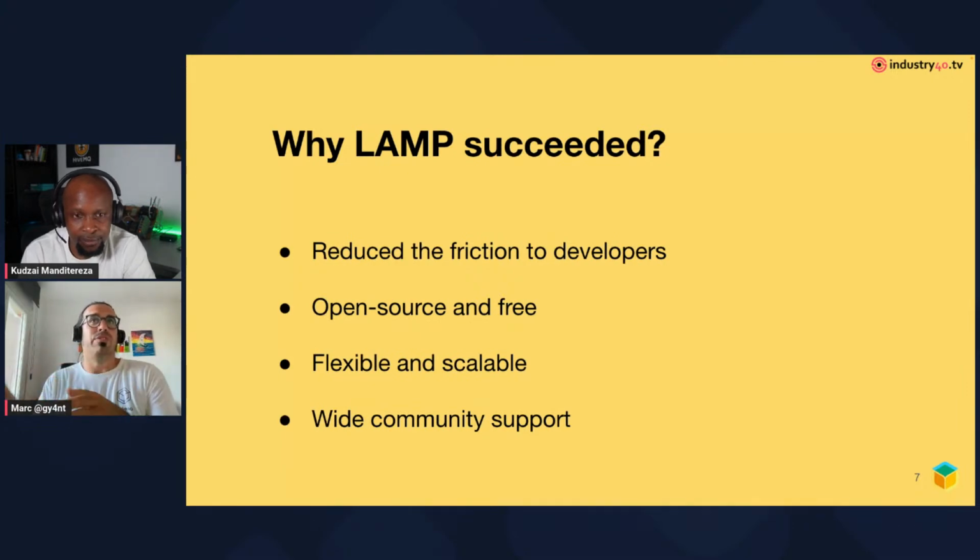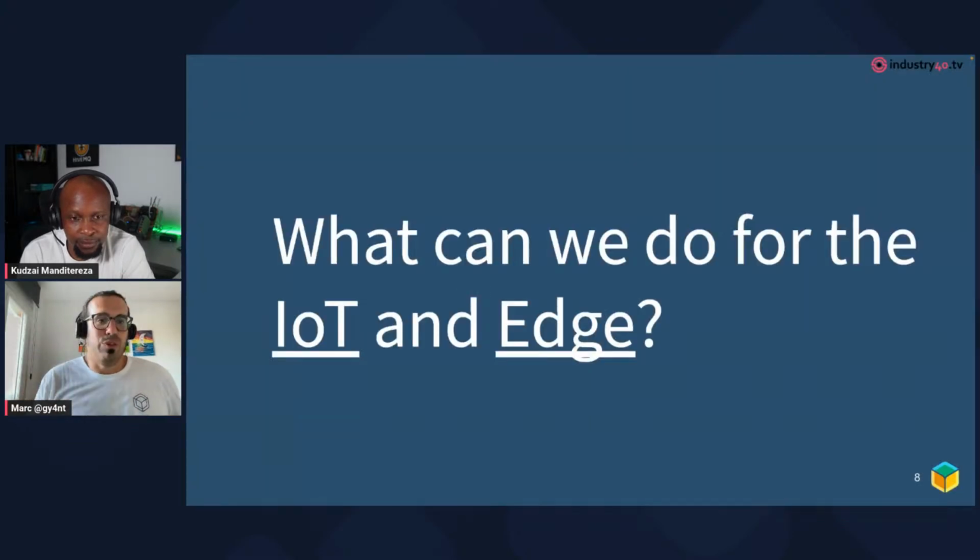It was open source and free. All of these 4 technologies were open source and free. It was flexible and scalable, and there was a big community that supported the LAMP stack, and you could ask everyone to help, etc. So can we do something for the Internet of Things and the edge computing, or can